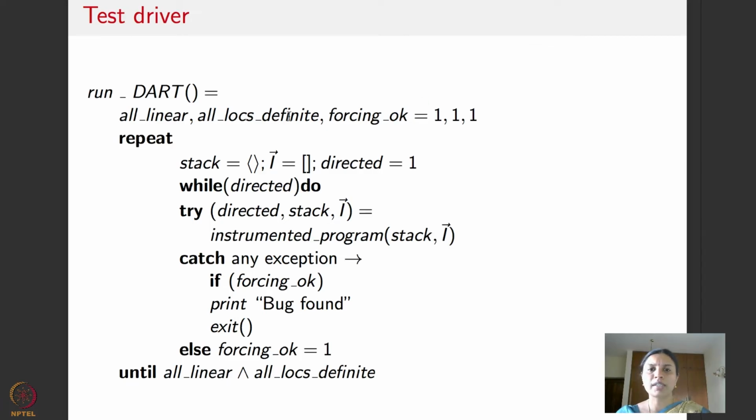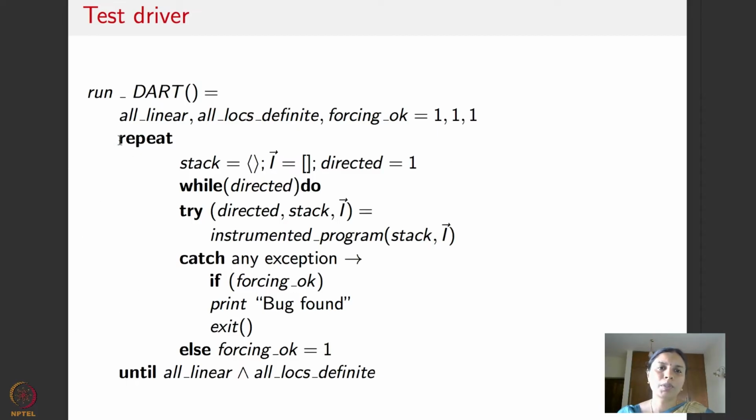All_locs_definite, which is another boolean variable, is assigned 1 or true. Forcing_ok, which is another boolean variable that I'll explain now, is also assigned 1 or true. So this is shorthand for 3 assignment statements, which assign 3 different boolean variables each the value true. Then Dart goes into its main loop.